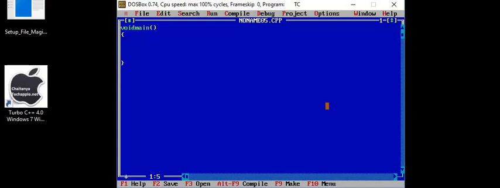Sometimes we write void main, sometimes we write int main. Int main means it returns an integer to the operating system. If you write int main, you need to write return 0. If you don't write int, then also the machine assumes int only. You have to write return 0. If you are not interested in returning 0 to the operating system, you need to write void. I will explain this once again while teaching the functions topic. No need to worry. Now I request you to write void main.